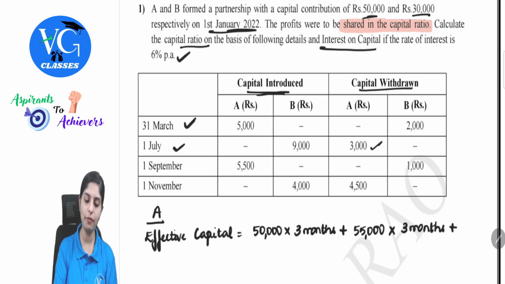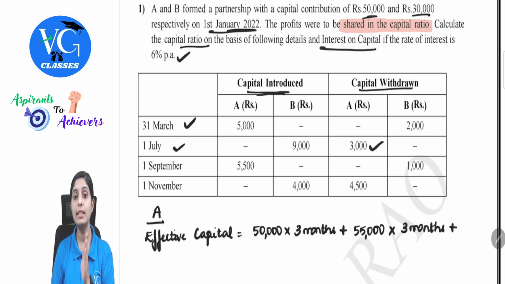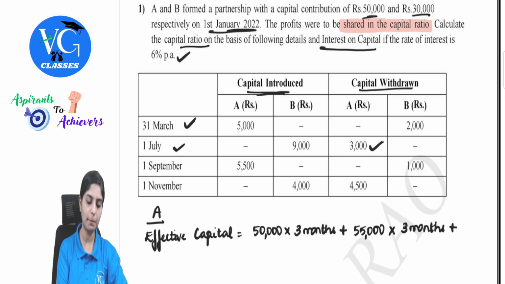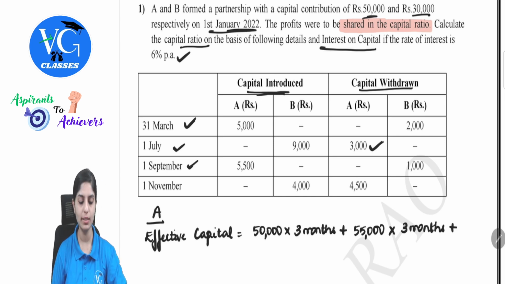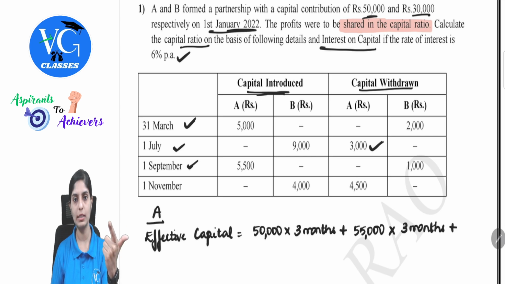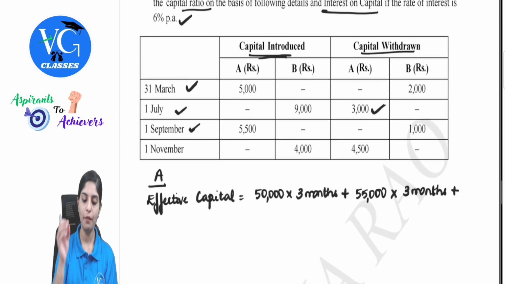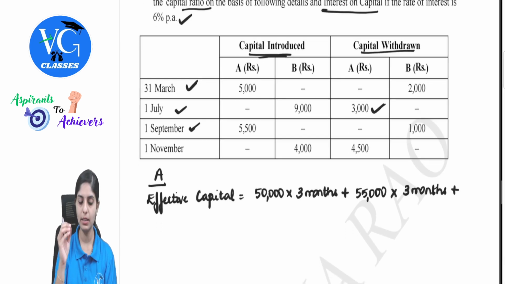On 1st of July, if you observe for A, we are first doing it for A. There is a withdrawal of capital 3,000. Now understand one thing, this is present in the business until when this balance, that is from 55, if I draw 3,000, the balance is 52, present until when? 1st of September. So that is how many more months? July, August, because the next introduction is happening on 1st of September. So there is 2 months. 55,000 was the last balance. There is a capital withdrawal. So the remaining balance will be 52,000. This is for 2 months